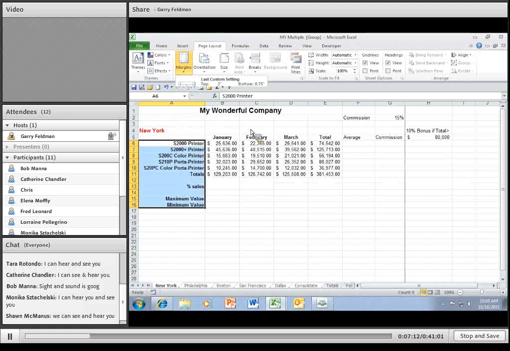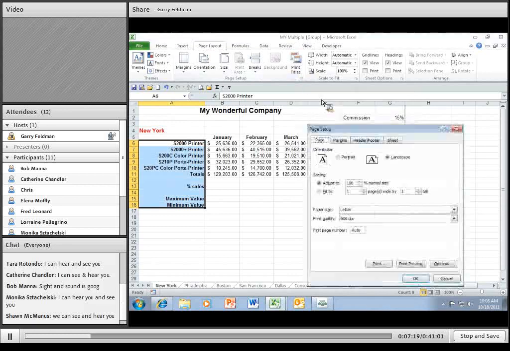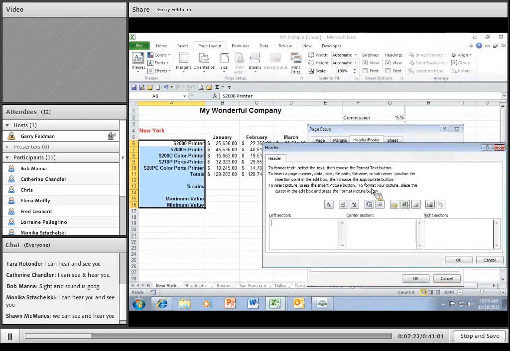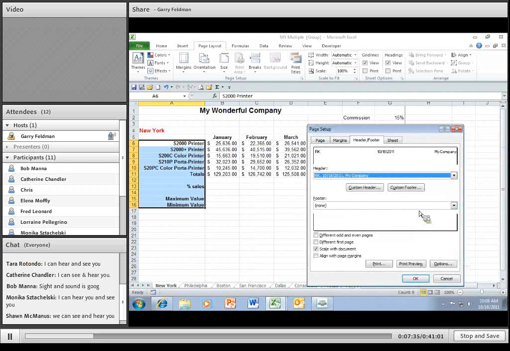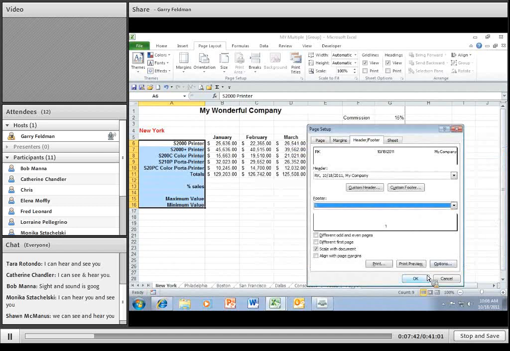And I'm going to use the little launcher button, the dialog box launcher, to get to the headers and footers here. And I'm going to make a custom header. So I'll just put my initials on the left, and maybe in the center I'll put the date. And over on the right I'll just put my company. And say OK. And then at the custom footer, perhaps in the center, I'll simply put page numbering. Just say OK. And now if I say OK, to set that all in,